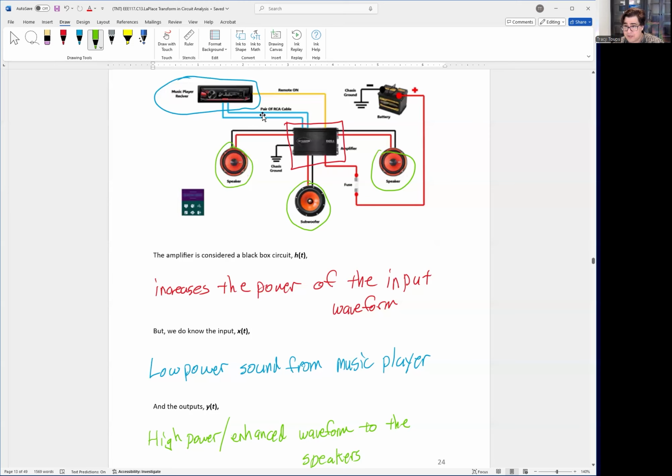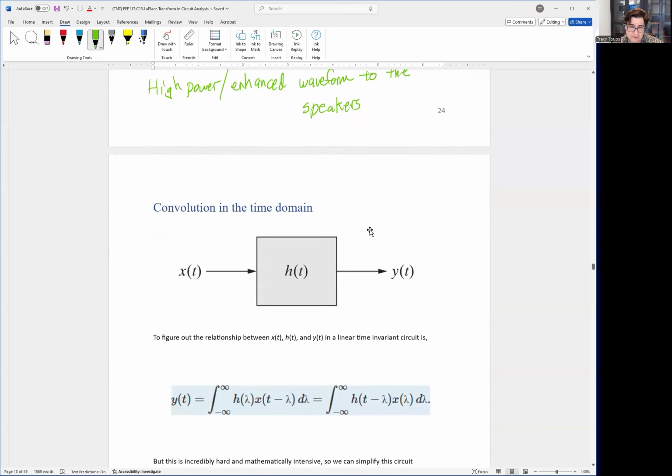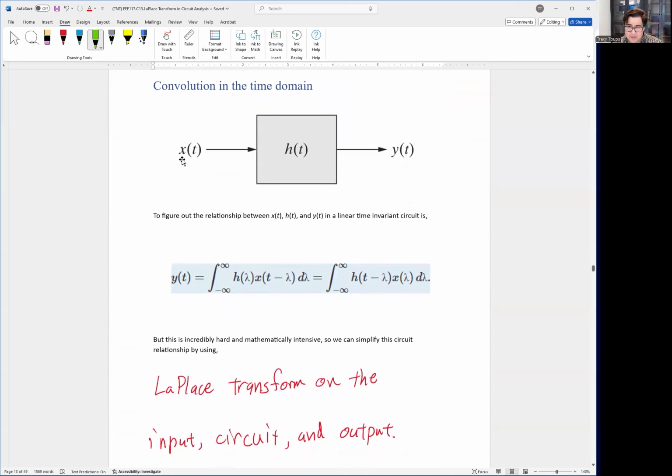So then I'm okay with this. I have a good idea of what the middle part, the h of t, is. It's a multimeter, right? And through the deduction of knowing x of t and y of t, I could figure out what h of t is to a certain degree. Okay. And that's kind of the idea of what we're talking about today, right? As long as you know two or three of these,